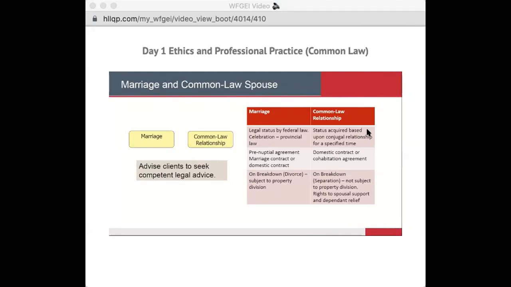Okay, and so therefore, for a marriage, we usually recommend a prenuptial agreement, marriage contract, or domestic contract, something to the effect that should there be a breakdown or divorce, property will be appropriated accordingly. As you can well imagine, divorces can be very, very messy. So if you have a prenup, it really, really helps